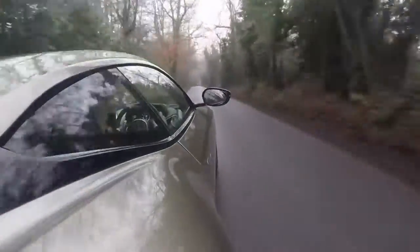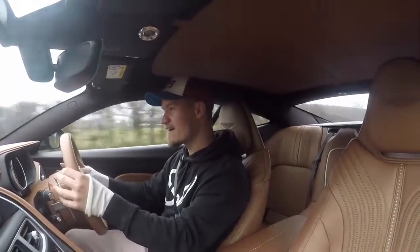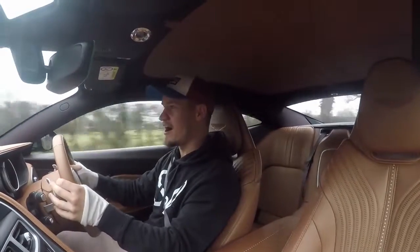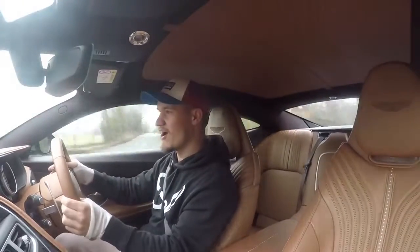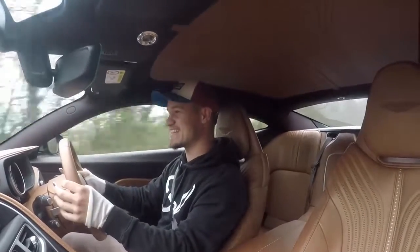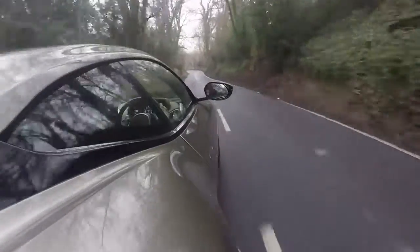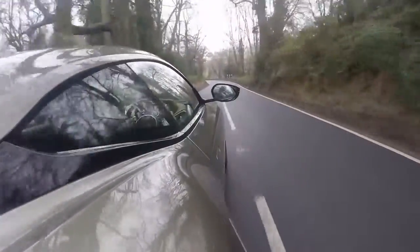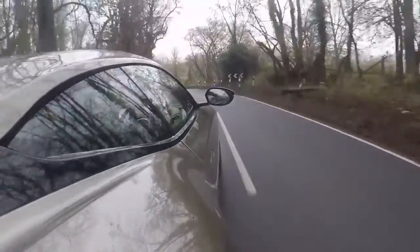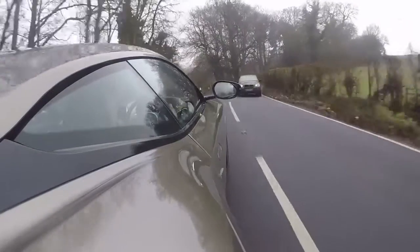And here we go. The gear shifts are incredibly smooth. See what I mean by wanting to rev? Whoa, that was a wiggle at the top end of 6,000 RPM, around 6,500 RPM. It wiggled. Oh, you can still feel the gear shift shunt into the next gear. It's not as smooth as some of the other cars with double clutch, but